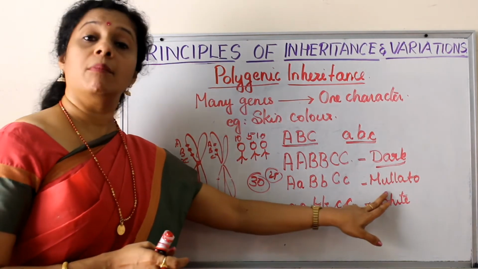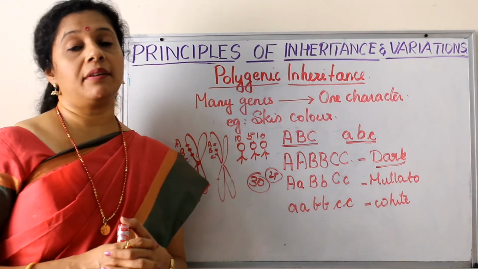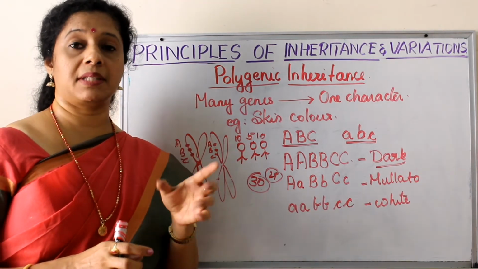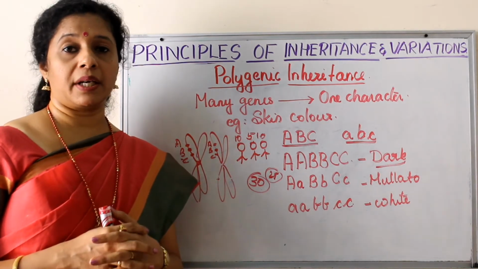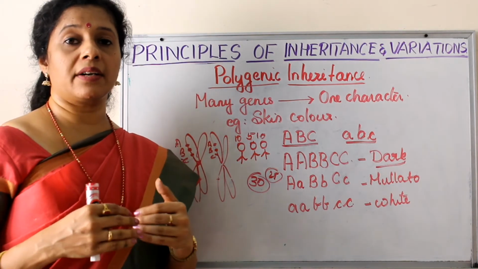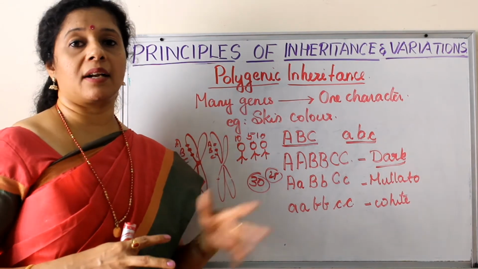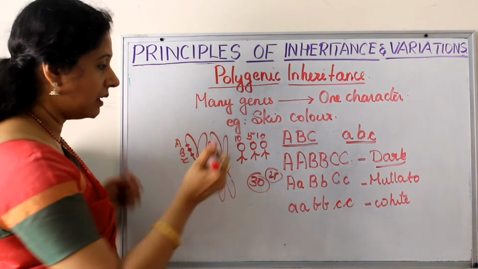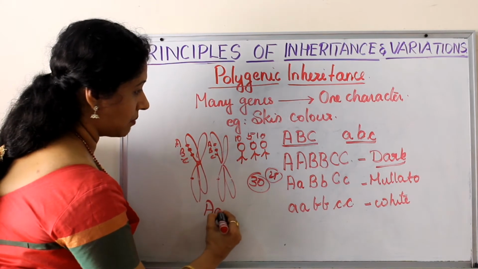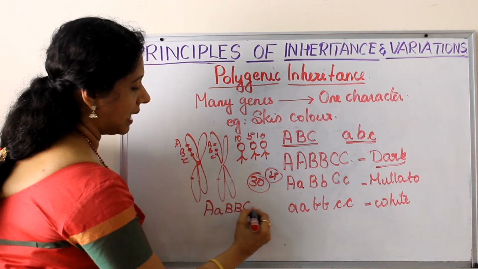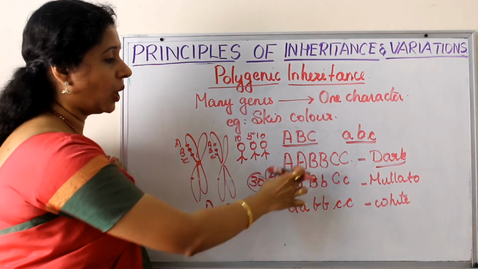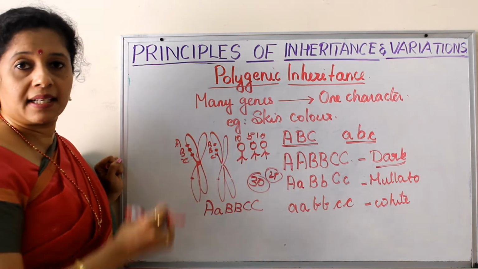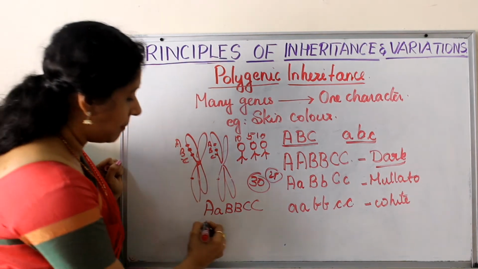They are called mulattoes. Mulattoes are actually formed when a child is born to a white and a black person. So in that cross, the children are having an intermediate color, they are called mulattoes. So the rest all will vary. For example, if it is capital A, small a, capital B, capital C, capital C, this person will be dark, very dark, but not as dark as this, right? A little lighter than that, okay? But if it is